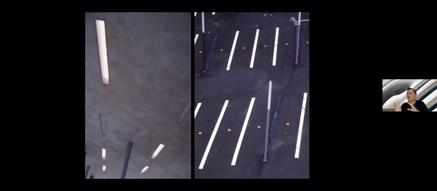And when you then say sample a photo, an image of the ceiling of that train station and put next to it a photo of the surface of the car park, there's a kind of puzzling similarity, and you say, isn't that anti-functional? Shouldn't we optimize for technical? So these very different things shouldn't look alike. Well, I disagree with that.